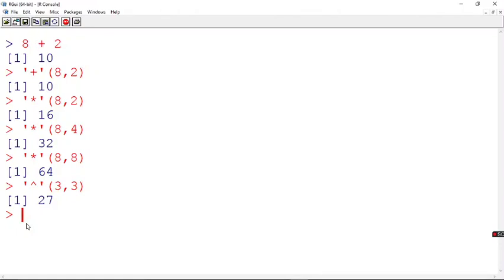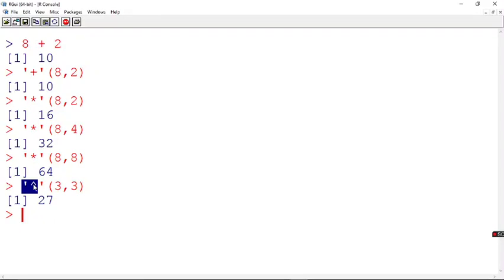So now let me give you an example for creating your own operator. Very first and foremost, I am not happy with this particular one. I will say why I am not happy and what difference it is going to give you later. Now I say I want to create my own operator which will help me find the power of a value. Okay, so now I want to do that.